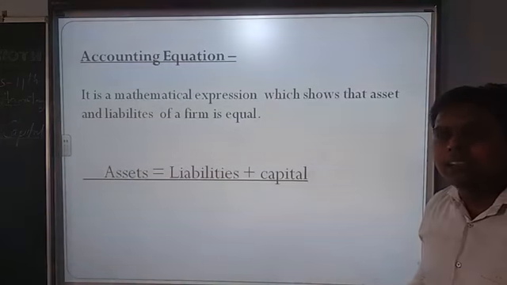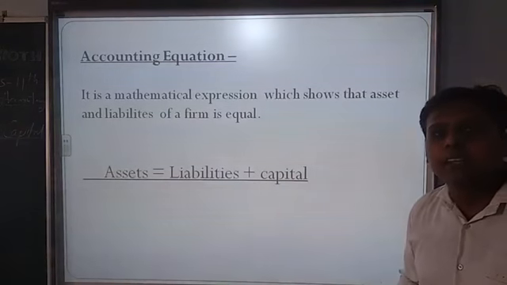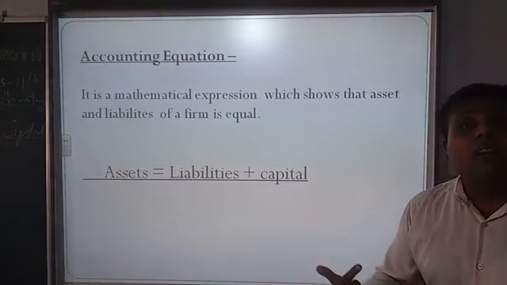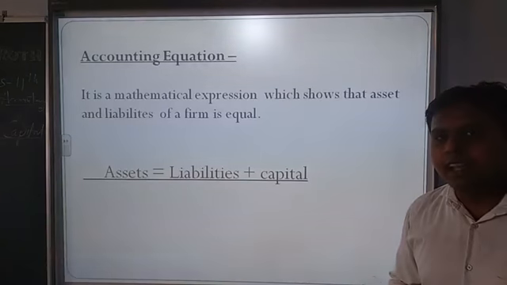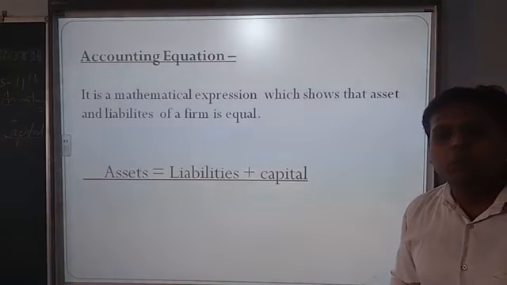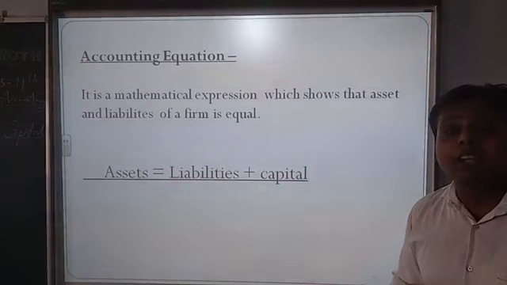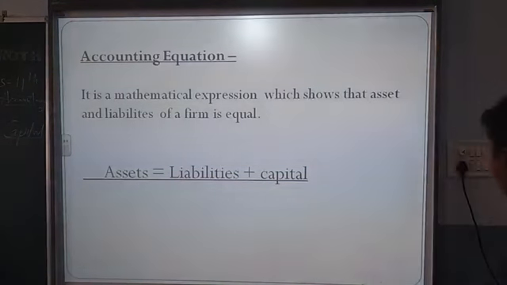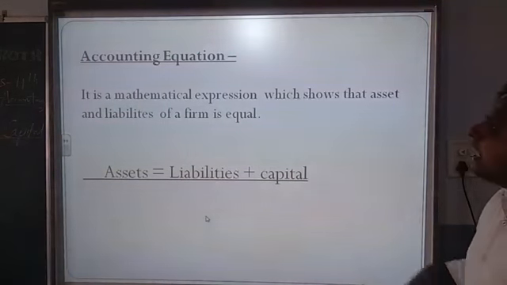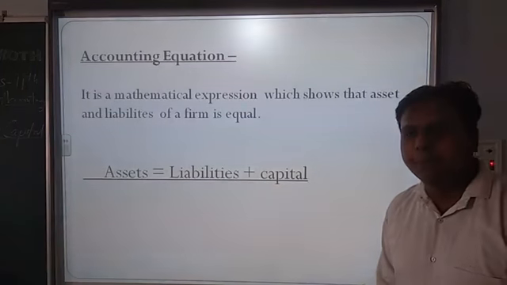We have already discussed the format of the balance sheet. What happens there? One side has liabilities and one side has assets. What we try to do is reconcile them, make them equal. That is the same form: Asset is equal to liability plus capital. All the assets are covered under assets, liabilities come under liabilities, and capital comes under capital. That is the equation we have to follow in the accounting equation chapter.